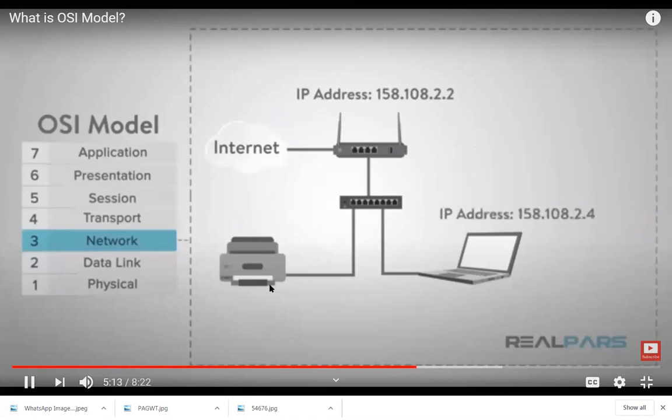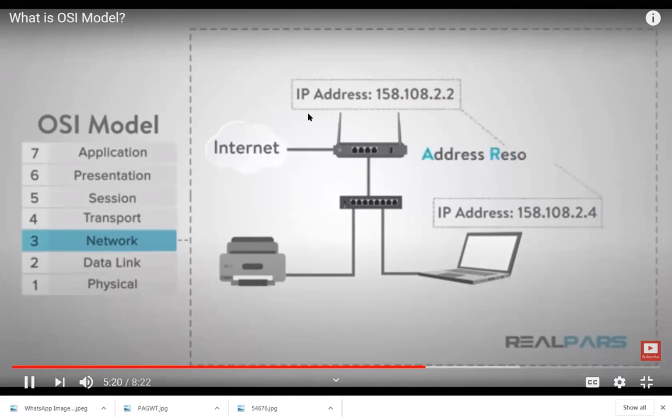If you observe very clearly, these D-Links have IP addresses, and with the help of these IP addresses, the data travels through all these boxes and finally reaches the destination node computer. That is done in this network layer only.